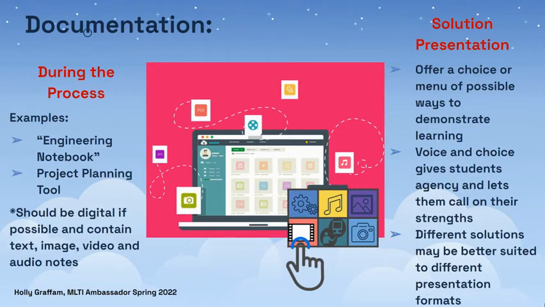First of all, they should be documenting the process. So something like an engineering notebook, and I use that term engineering. If you feel like that's too sciencey, you can call it a design thinking notebook or whatever the term is. But where you have